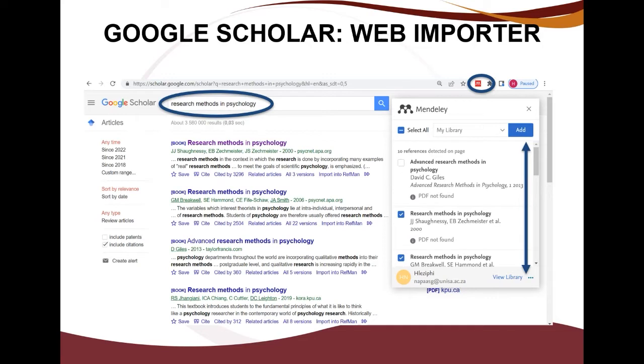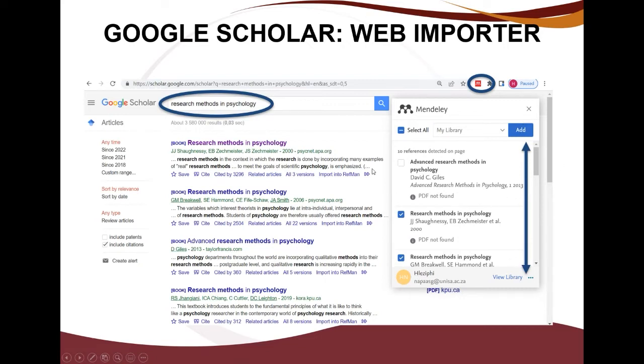It brings all the references. All of these references are now transported here to allow you to make your selections. The same on Encore, you make all your selections, you limit according to your needs, and then you go to your web importer. It just transports what is sitting on your left-hand side to your Mendeley web importer option,